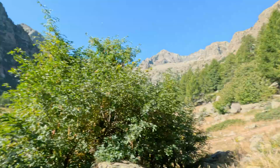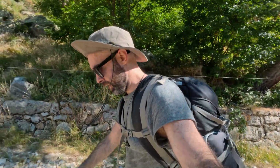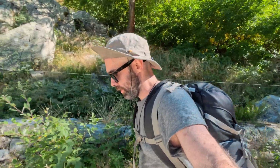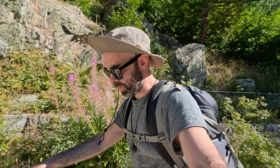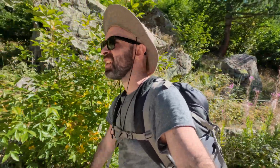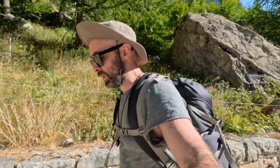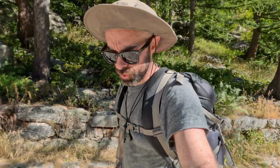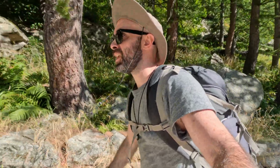Okay, you see this building over there? Once upon a time it was the hunting house of the Italian king in the early 19th century. Then it was abandoned for a lot of years, and then in the 1990s or the 2000s, I don't remember the exact date, it was rebuilt, and now it is an amazing refuge where you can eat a lot of dishes,